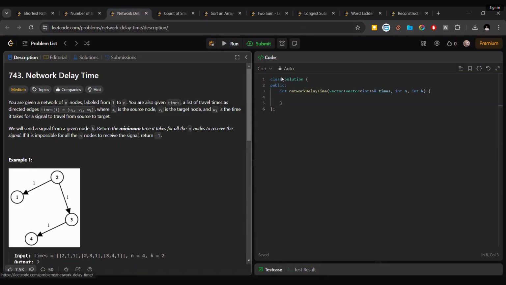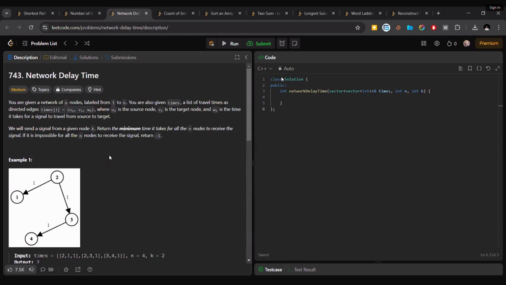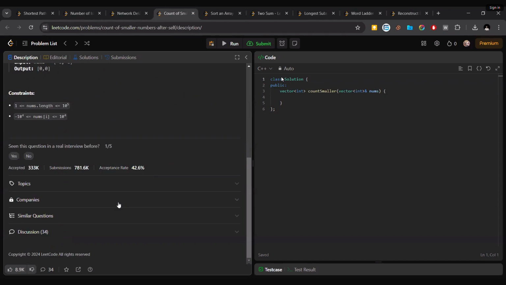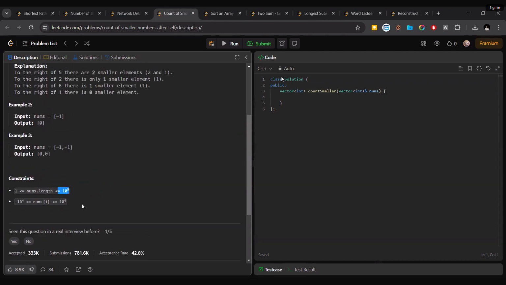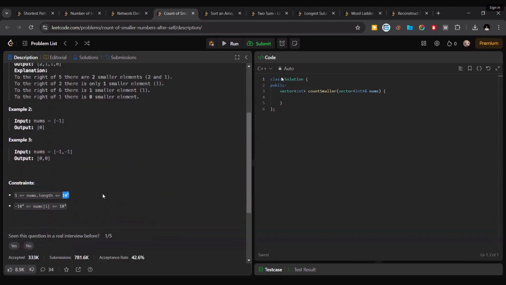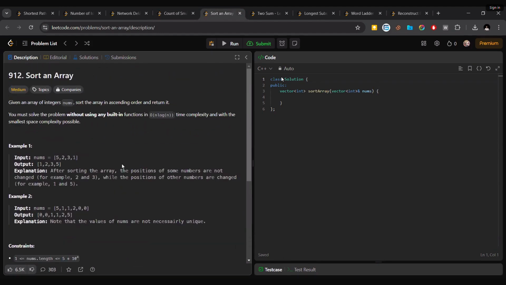And in Network Delay Time, here you will have to use Dijkstra. This is an example of having to use Dijkstra. And in this 15 one, you can see the size of the array is really huge. So the ideal solution for this will include a merge sort. And in 920, 912, you can do this the most optimal way of